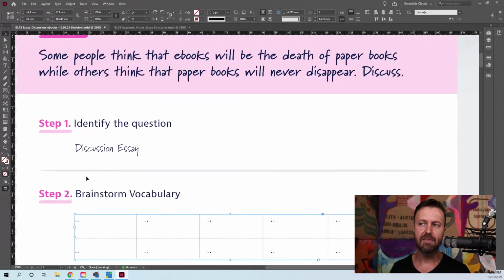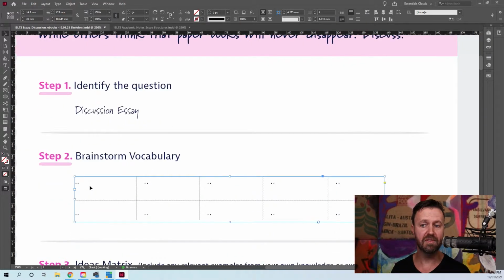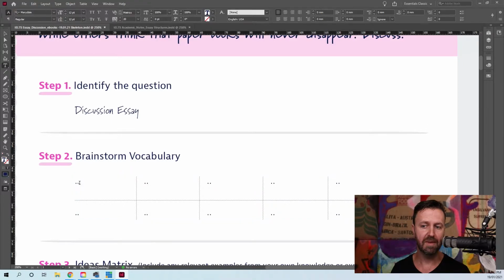So again, we've got to start thinking about e-readers, e-books, paper books, and what are some interesting words we could list here. First word, internet. Nice and easy. I guess with any e-readers, you're going to be looking at downloading that content from online from the internet. So that's probably a good place to start. Online, again, linking with that idea of being on the internet. Digital,